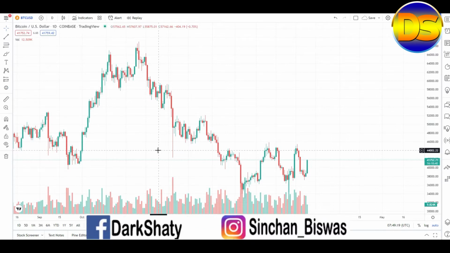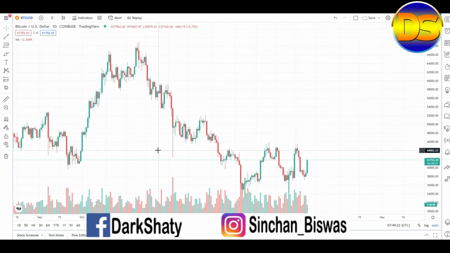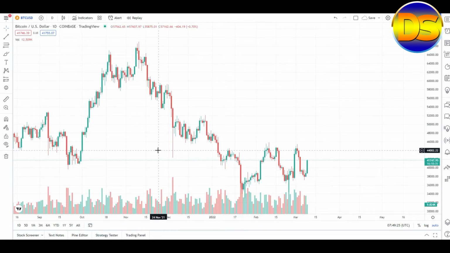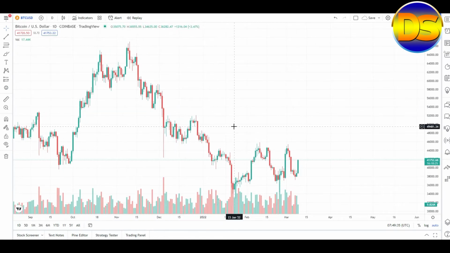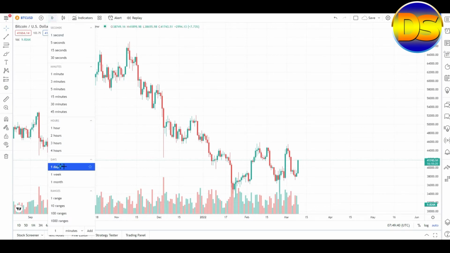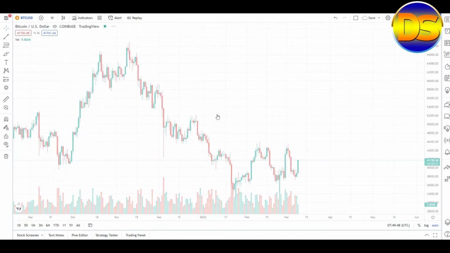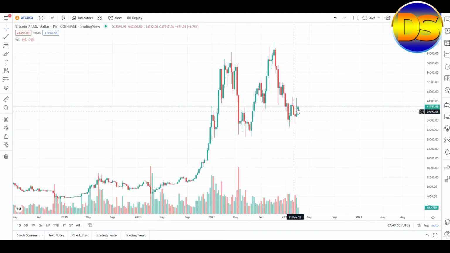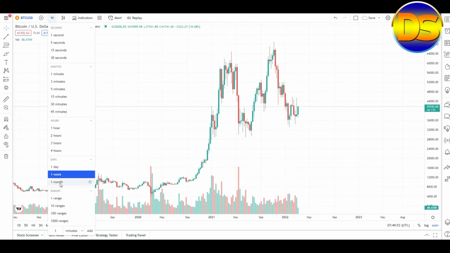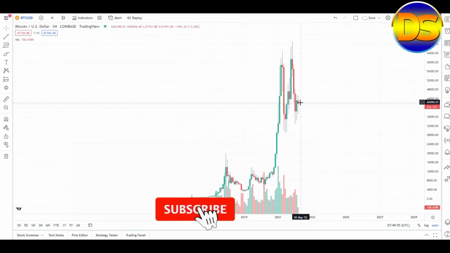Today I am going to show the Bitcoin candle chart and I will show the price of BTC. So let's start. First of all, I see the candle chart of the Bitcoin. So if I see on the chart, you can see this graph is going up, and if I go to the 1 week chart, this graph is going up, and I go to the 1 month chart, this graph is going